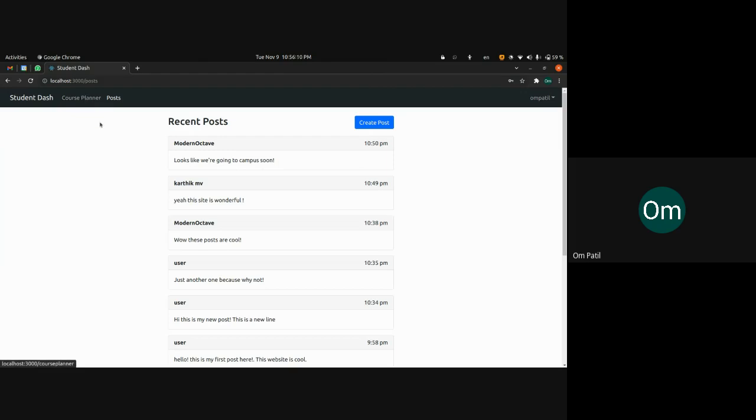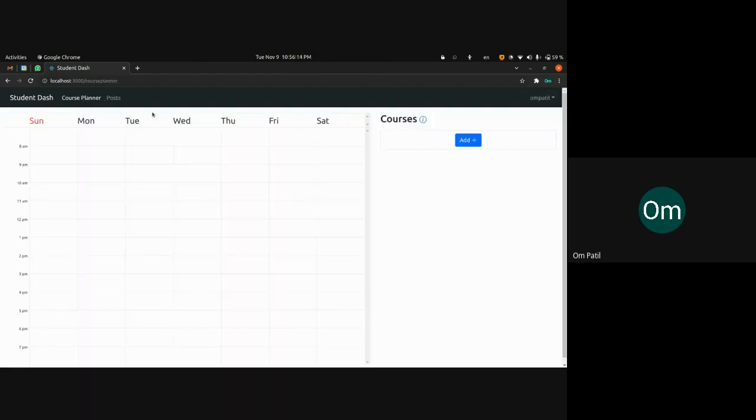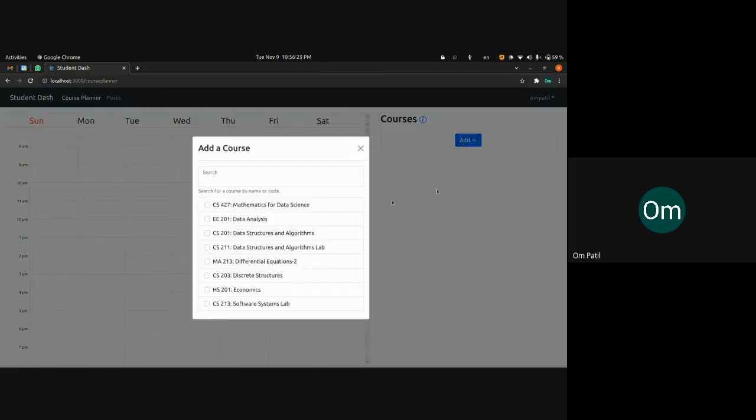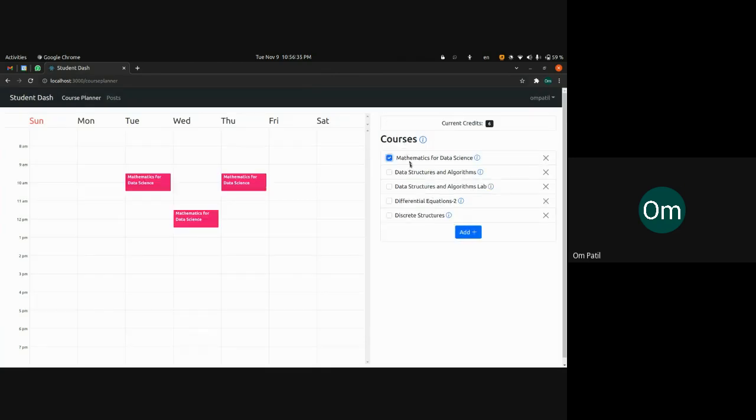So now let's go through the first feature, which is the course planner. At the beginning of the semester, we typically have to choose courses and make sure that none of them clash. So this tool is particularly useful for that time, where you can just come here and select the courses which you're interested in. As you can see, these courses then get added to your course list here. You can then see how your selected courses turn out in credits.